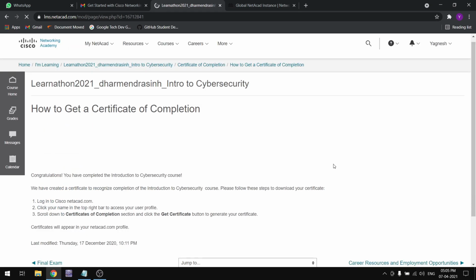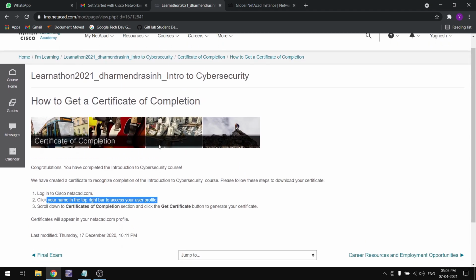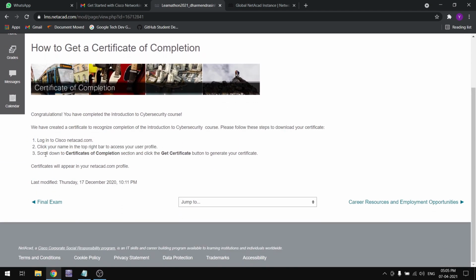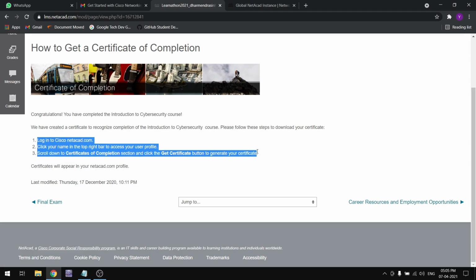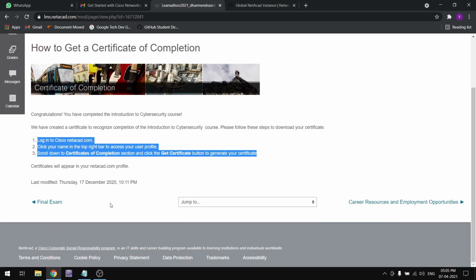You have to follow this procedure for getting the certificate. Go to cisconetacad.com, click on your name, and in the certificate of completion section you can generate your certificate, just click on that. That's how you can review and get your certificate from Cisco.